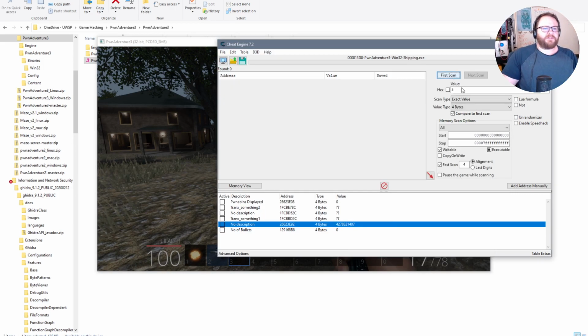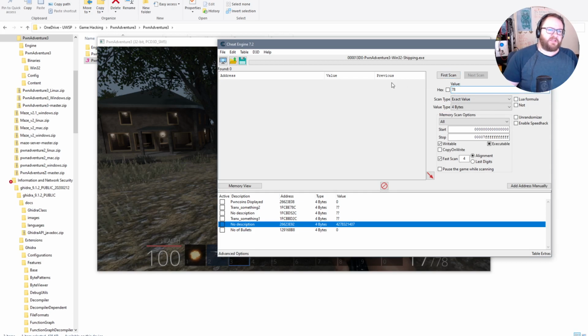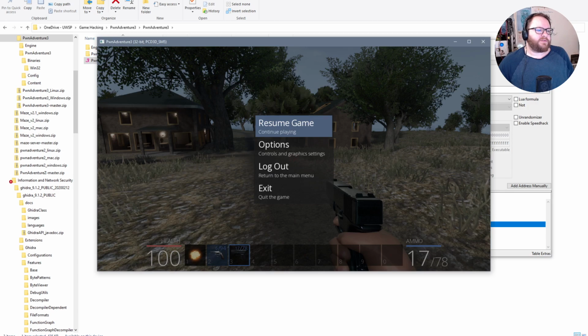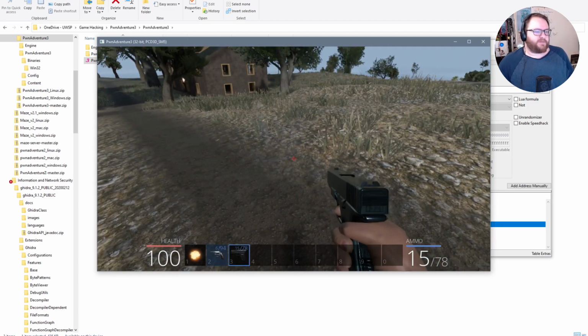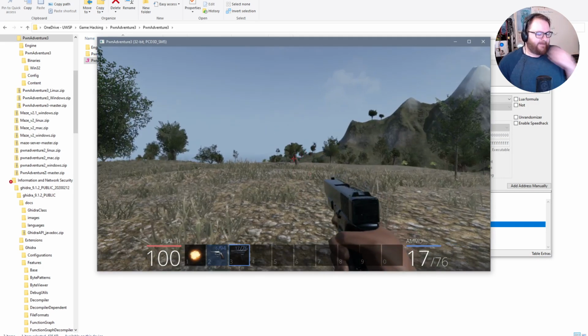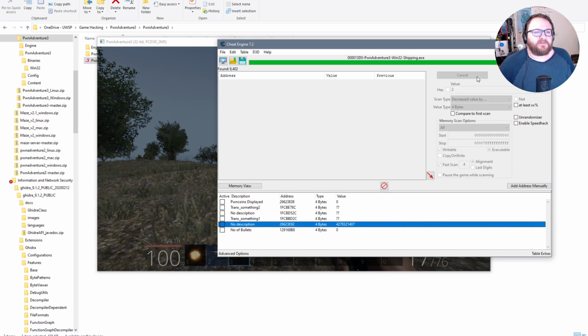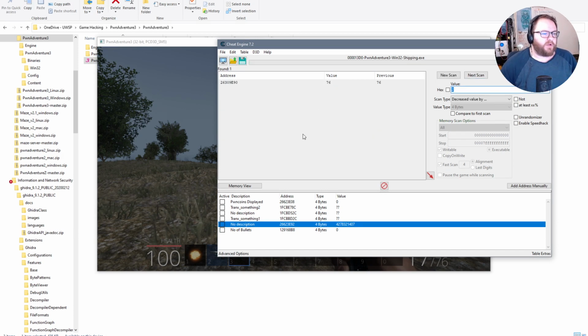So we're going to do a new scan, and we're going to search for the exact value of 78, which is our current stock of pistol ammo. And we have 9,402 results, so let's resume that game. Fire off 2 shots, reload. And now we're looking for one that has decreased by 2 exactly to give us 76, because that's the number of shots we fired. We only have 1 address. Ah, damn it, I should have